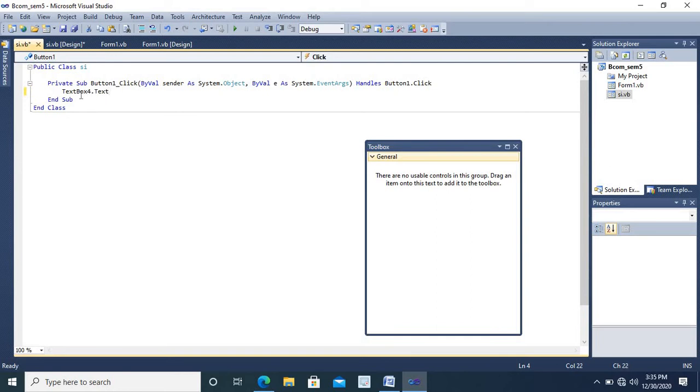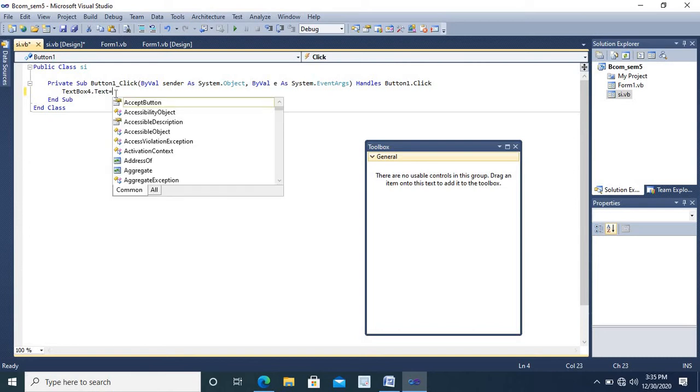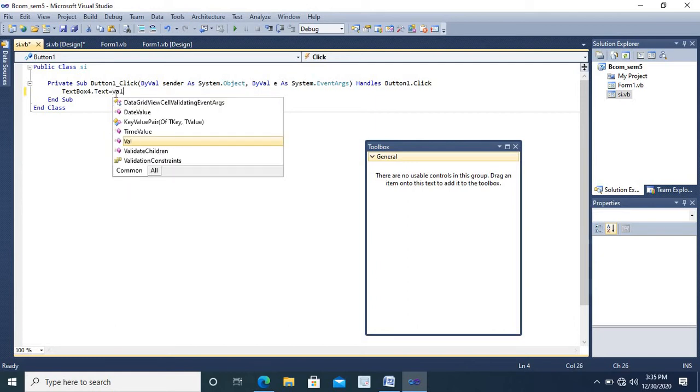write the code as TextBox4.Text is equal to. The P value is present in the first text box, the T value is present in the second, and R is present in the third. When the user enters a value in the text boxes, it will be in text form.